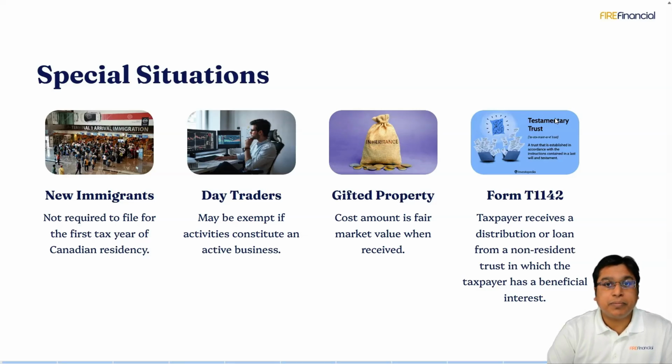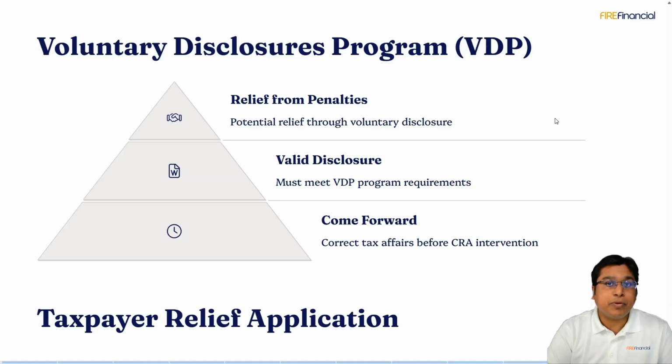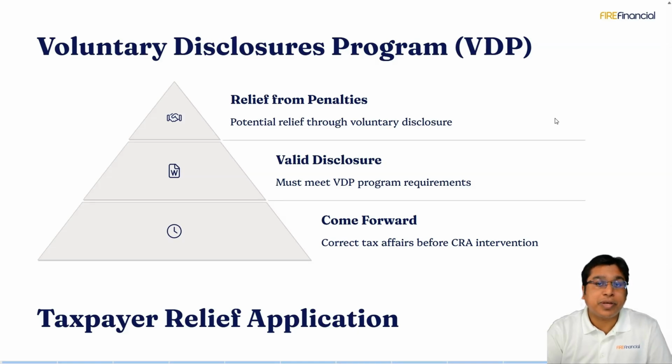T1142. Now, what happens if somebody hasn't filed T1135 and they figured out that they need to report all those foreign assets? Now, CRA has a Voluntary Disclosure Program, or VDP, where a taxpayer can voluntarily disclose all that information, and there are some requirements to be eligible for this VDP program. But in most cases, if you are voluntarily disclosing and CRA agrees to your disclosure, then you may not have to pay any penalty or interest. So if you are in a situation like that, make sure to talk to a professional who will be able to help you in that scenario.